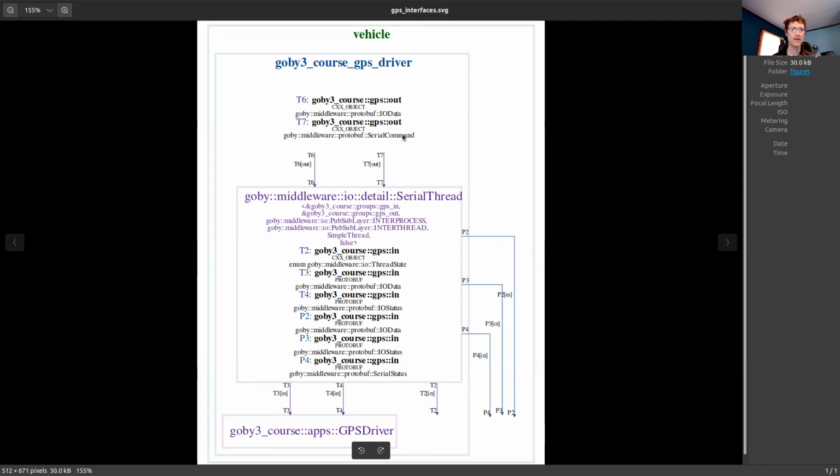So the serial commands here are: set DTR high or low, set RTS high or low, and send a break across the serial port. The publications by the serial thread are the IO data, which we subscribe to in our main thread, as well as the IO status, which is T4. We subscribe to that in our main thread. There's also a serial status that's published,